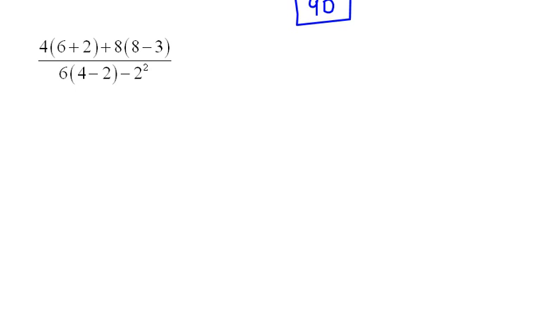Let's do another one of these order of operation problems just so we make sure that we get good practice at it. Here we have a bunch of stuff going on. We've got some things going on in our numerator, and then we've got some things going on in our denominator. Well, in fact, when you have a fraction, the numerator sort of acts like an understood grouping symbol, and then